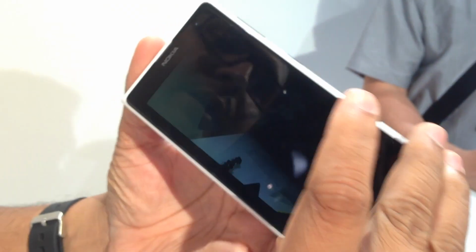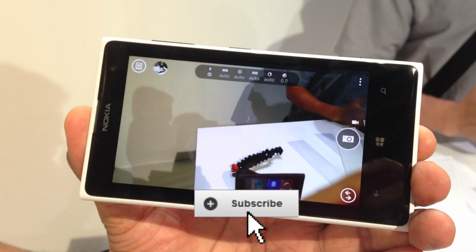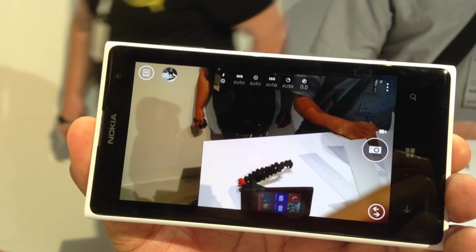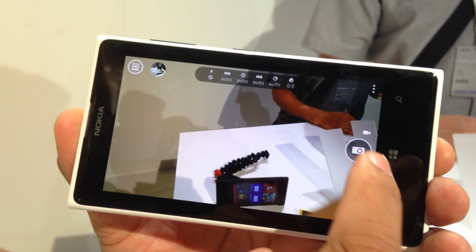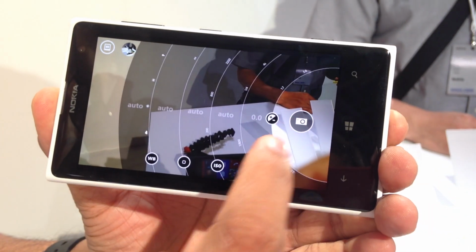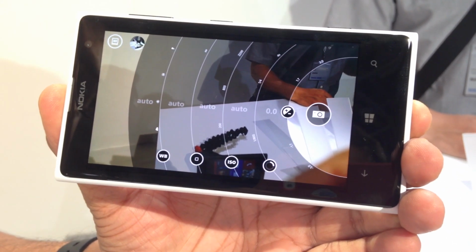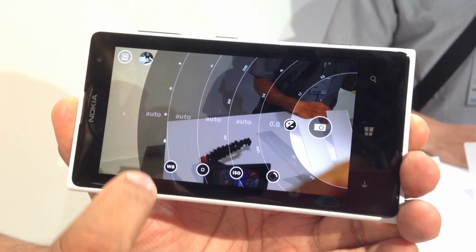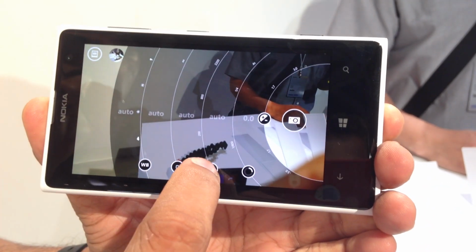This is the new software which Nokia has come out with to aid the 41 megapixel sensor on the Lumia 1020. As you can see, it provides control over some of the intrinsic details you can get out of a camera, like the white balance or the ISO.